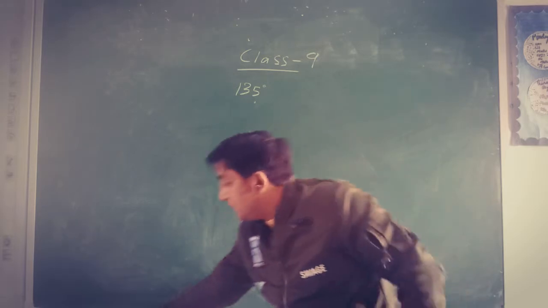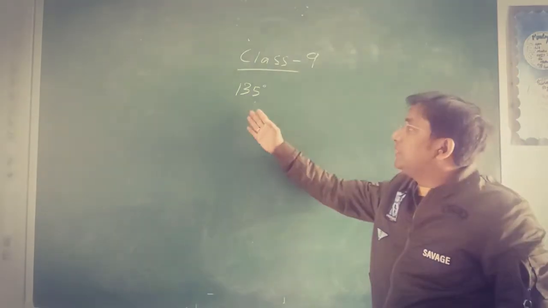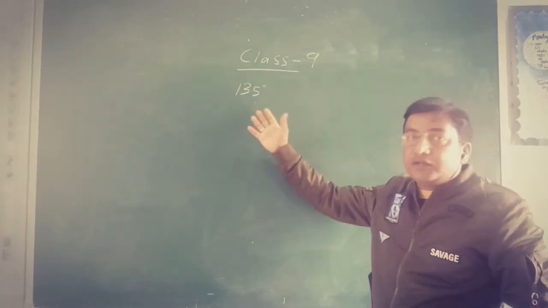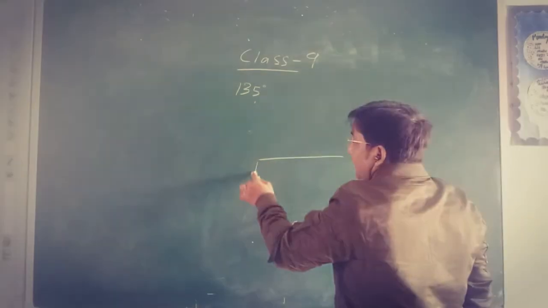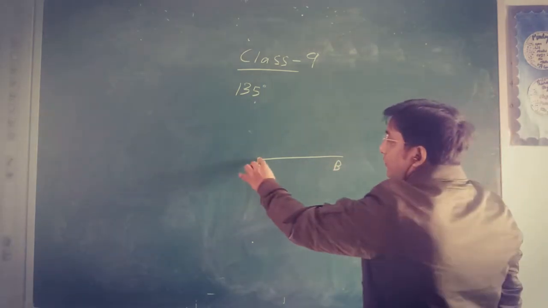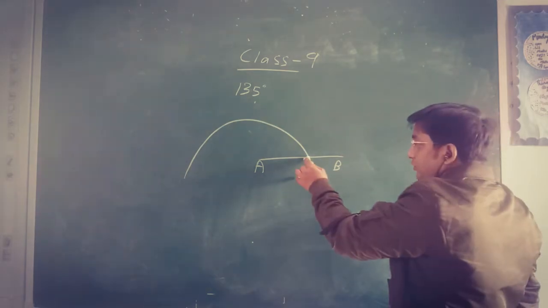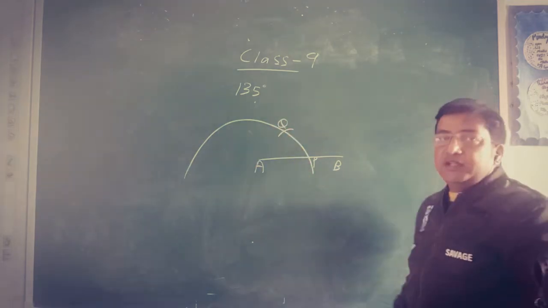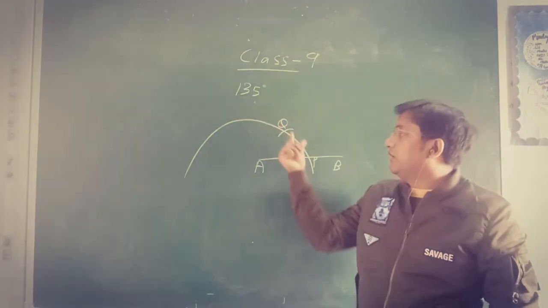Now let's make this 135. See how simple it is. Don't think that there is any special rule or special method to draw 135. No, nothing like that. Just draw 60 degree and 60 degree. You will get everything. From A, you draw an arc from this point, P, because everything will start at 60 degree. This 60 degree, you will not get 135 between here.